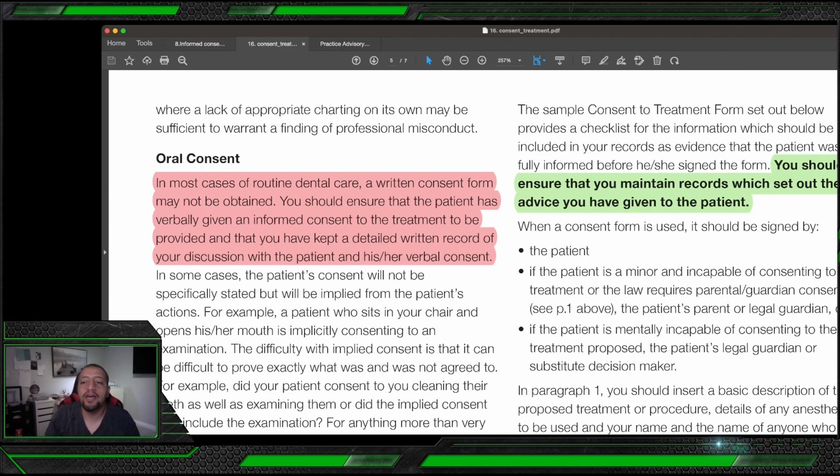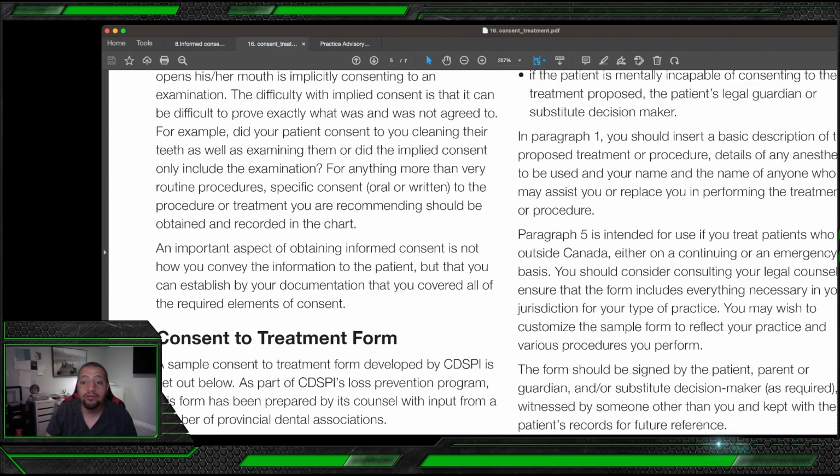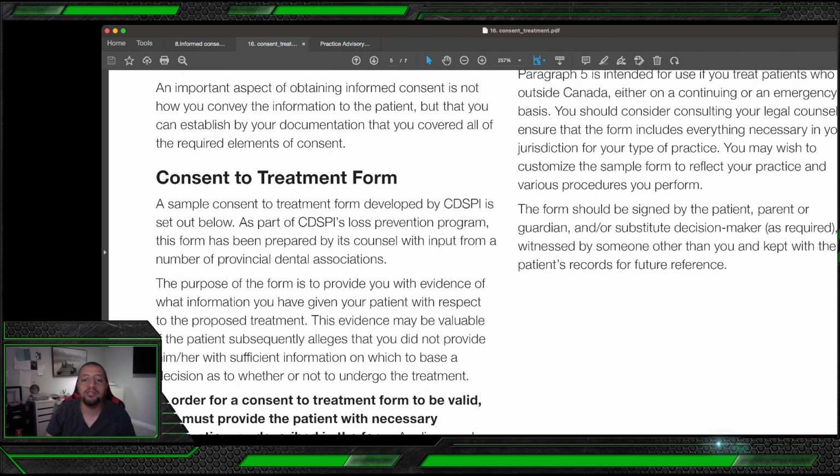You should ensure that your records set out the advice you have given to the patient. You give the patient options: first, no treatment; second, root canal treatment; third, extraction. Or if he has a missing tooth, first, no treatment, and you give him the consequence of no treatment. Second is a flipper or partial denture. Third, fixed bridge. Fourth is implant. Then you explain to the patient the condition and everything. This is the meaning of informed consent, and the consent shouldn't be just like